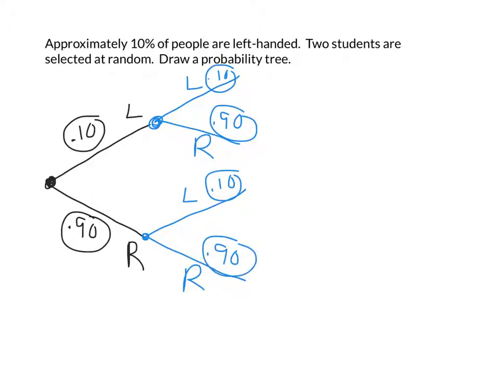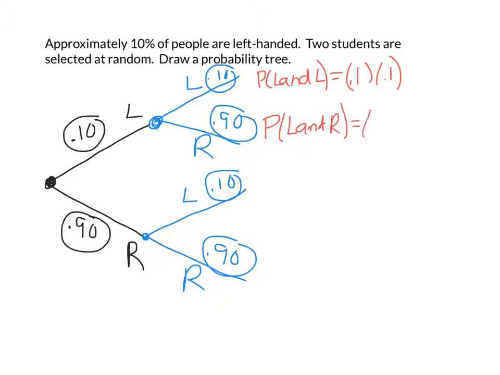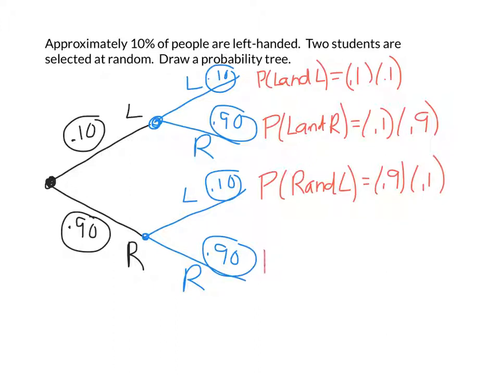Now our last step is to go through, because we only have two students, so we're done with two sets of branches. We're going to do our joint probabilities. So the probability that the first student and the second student are left-handed is 0.1 times 0.1. The probability that our first student is left-handed and our second student is right-handed is 0.1 times 0.9. Probability that our first student is right-handed and our second student is left-handed is 0.9 times 0.1. Probability that both students are right-handed